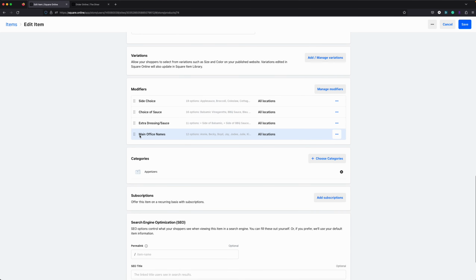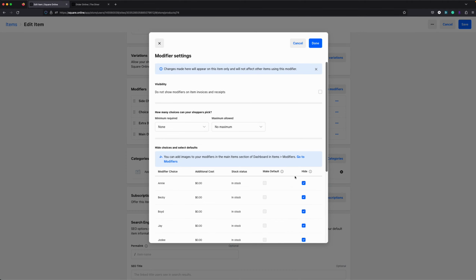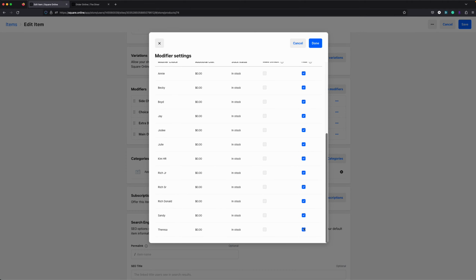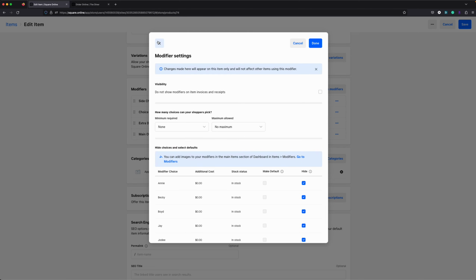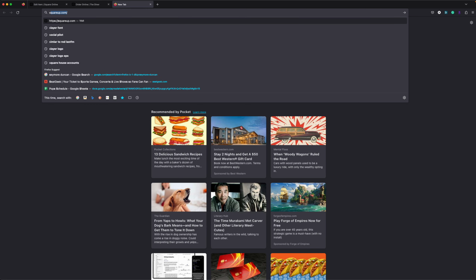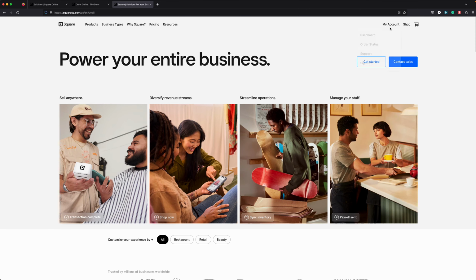So, main office names for every single item that we have. We wanted the ability to add main office names to help Angie with taking the main office order. That meant to keep these on, I had to go through every single item that we have, hit customize, and hit hide on every single name. I've got that done. So if you add a new item into the menu, if we look at our new breakfast item,